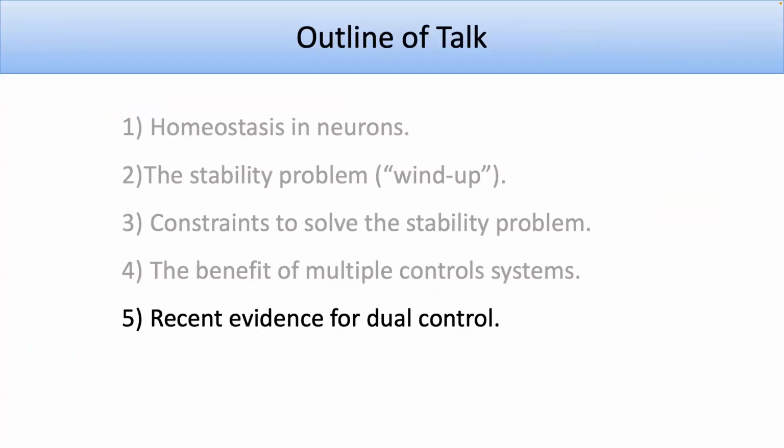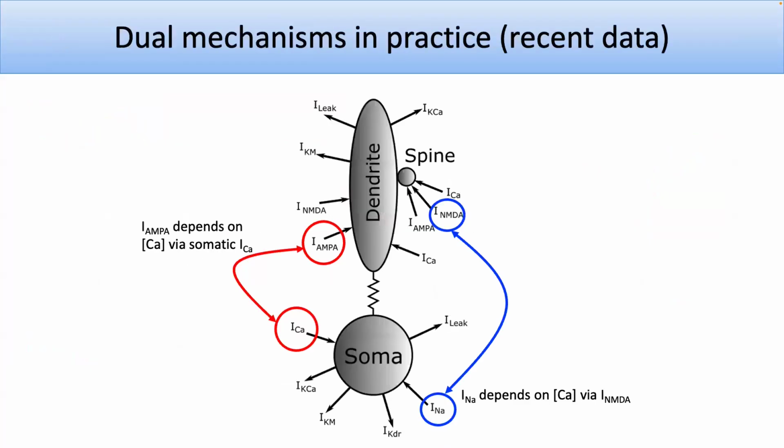Okay, so I might just talk about some of the problems that arose. Essentially what happened was this. Gina came to my office and said that it looked for a number of years like a certain kinase was involved in both mechanisms of homeostasis. So maybe it's really only one mechanism and we don't have to worry about this. But more recently in the Turrigiano lab, they've combined different experiments. And what they know is that,